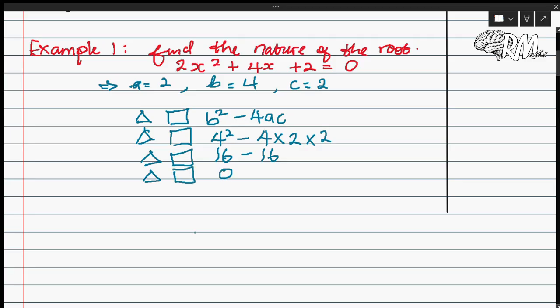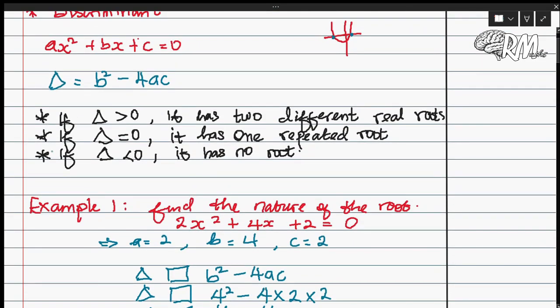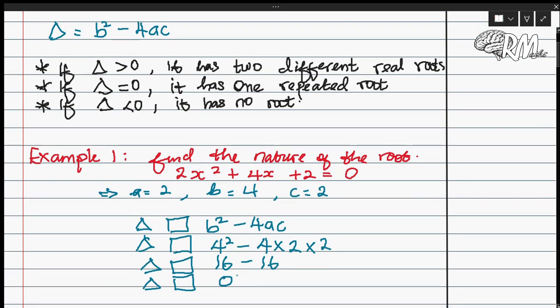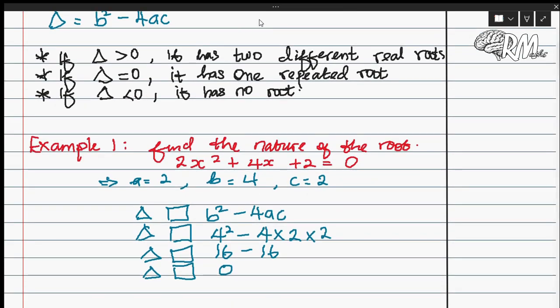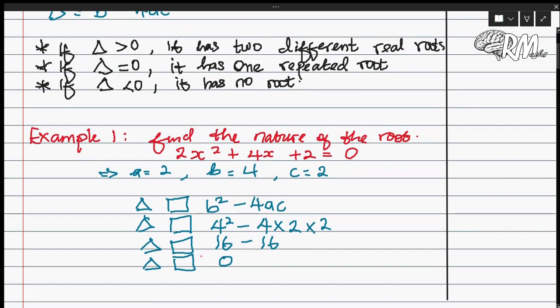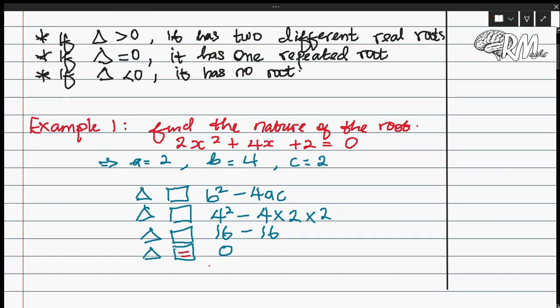Sorry for saying equals, like I've said the answer. But as we can see here from our condition, let's go back to our condition. Our condition says if delta is greater than 0, our answer here is not greater than 0. If delta is equal to 0, our answer here is equal to 0. So we put equal to this place. So it means that the nature of the root